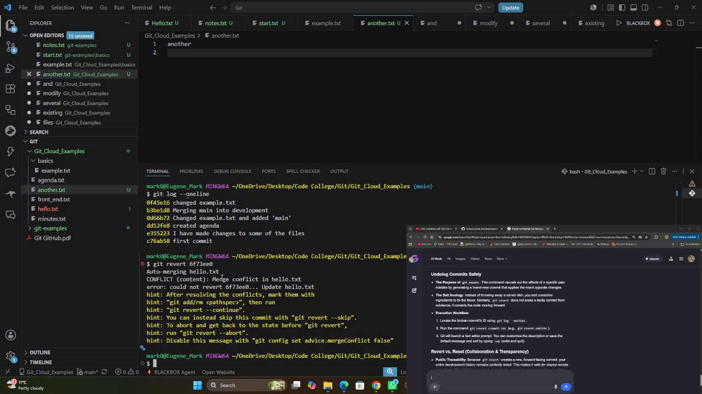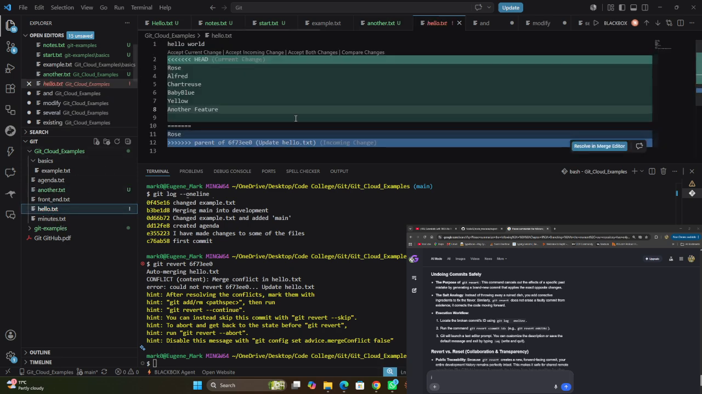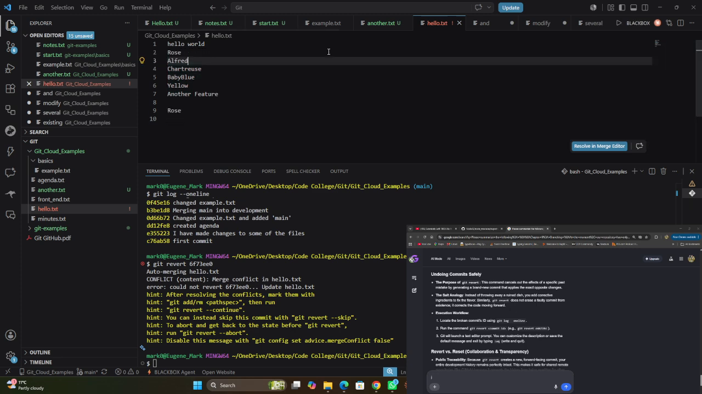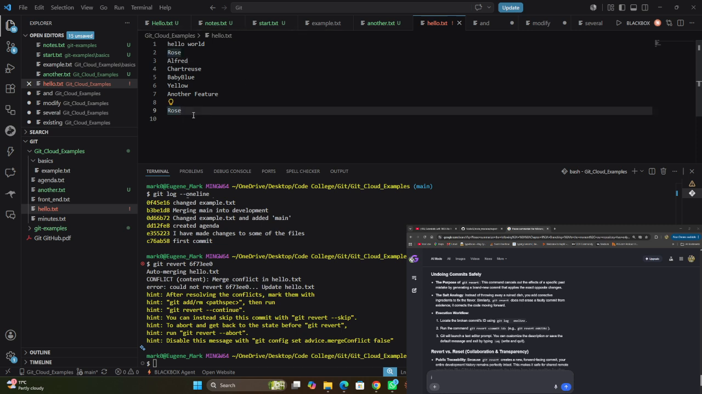So it says auto-merge. Yeah, there's a conflict over there. So let's go into that one. That's the hello world, so this is over here. I can resolve it in the editor. I can choose to accept current changes or accept both changes. So I accepted both changes, and then I have both in the